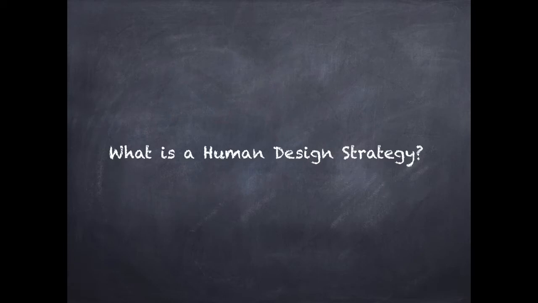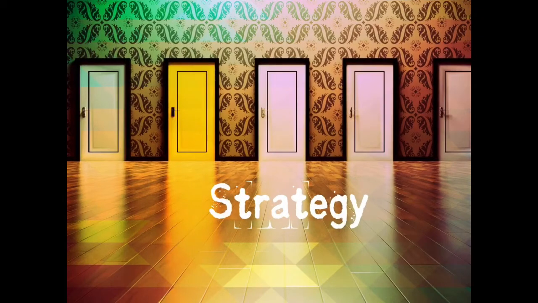So what exactly is a human design strategy? Strategy is unique to human design. Your strategy comes from your type, and it's the most important knowledge offered by human design because it gives key information about every type and how they operate in the world. It can help you make decisions in your life and also recognize when you're on the right path. And since all 5 types have different strategies, a manifestor strategy is unique to a manifestor.